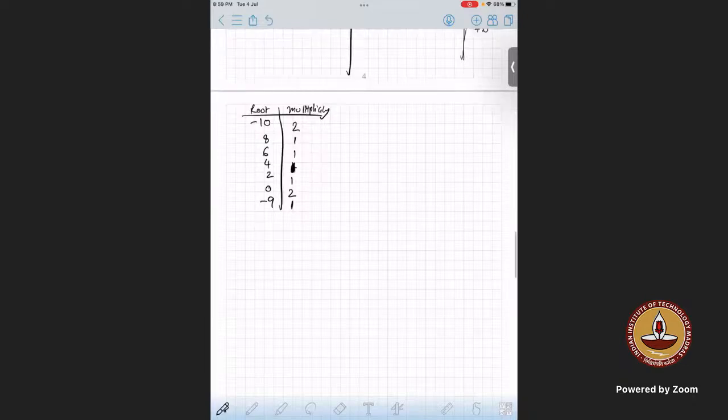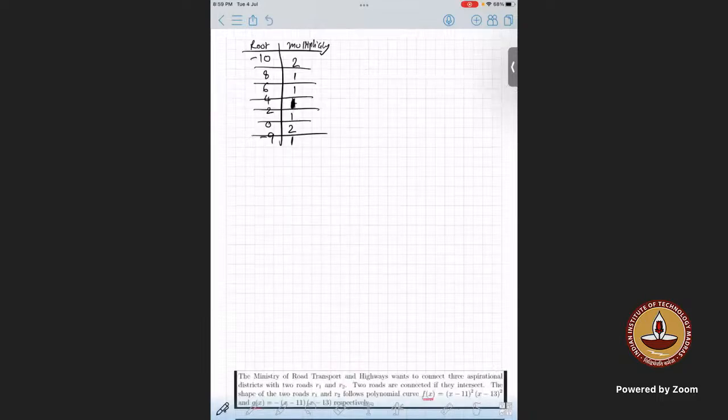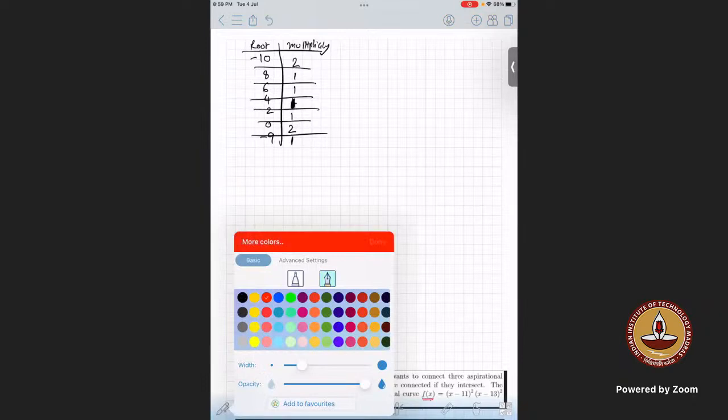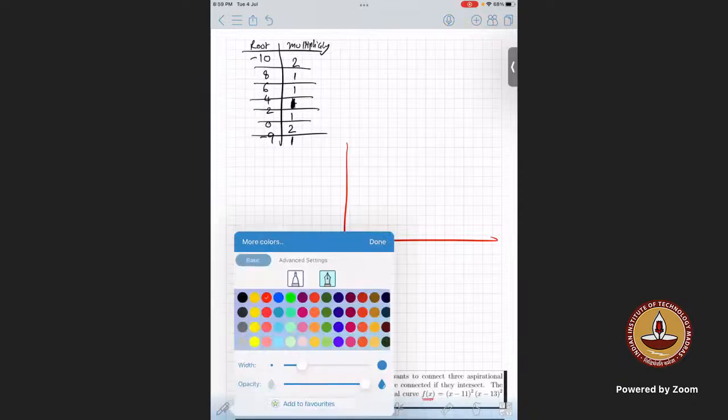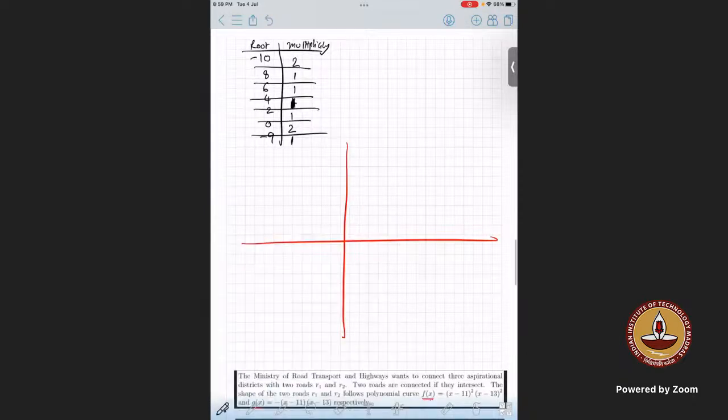And then coming to this, now draw a number line. So please draw a number line and plot all the roots. 0, highest root is minus 10, 8, 6, 4, 2,